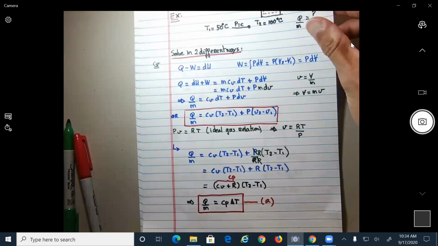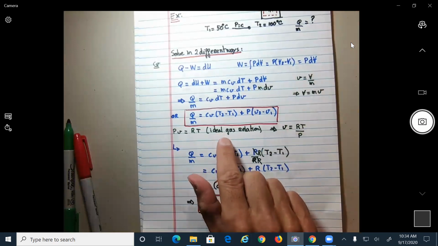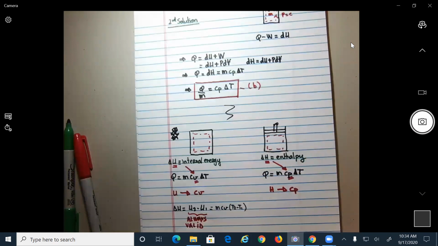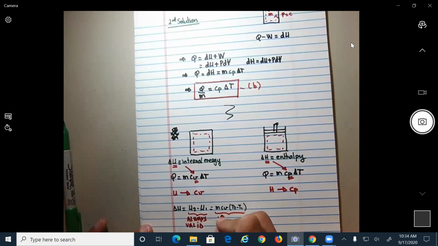I considered what equation? The ideal gas relation. Okay, this is important, okay? This is probably one of the few things most important for this class. All right? So this is just valid for an ideal gas. An ideal gas, what is something specific about an ideal gas? Is that it always remains in the same state, correct? So this equation here is only valid for ideal gas, or what I like to call an ideal substance, because